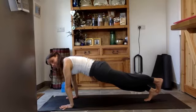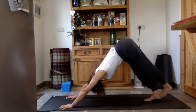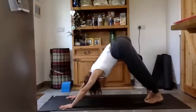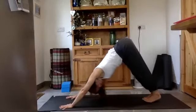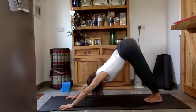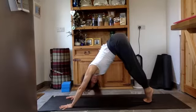Good, and then breathe out, excellent. Take the hips up and back, squeeze the right heel down with the left foot, and release the left foot, come back into downward dog. Big breath in, and a long breath out. Excellent guys, so your big toes are touching,